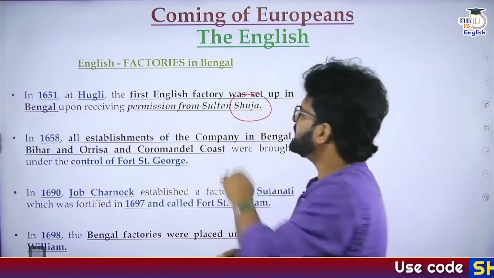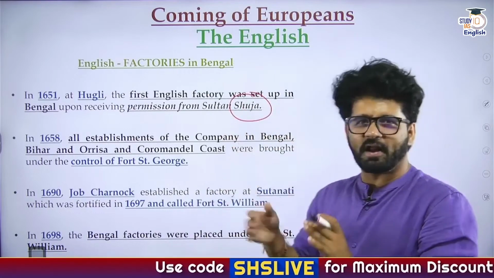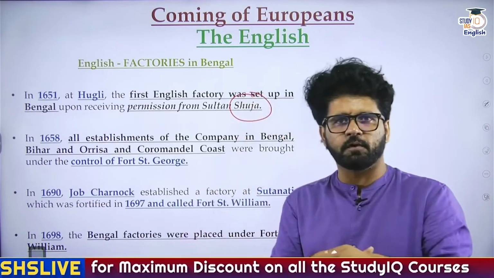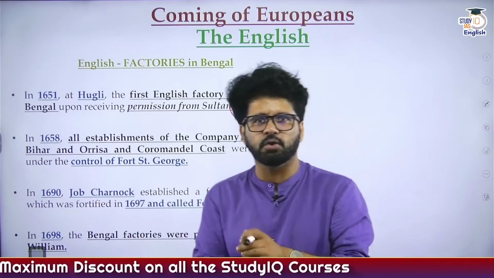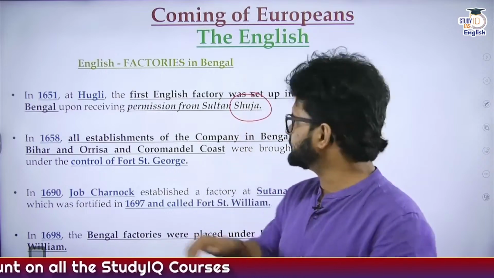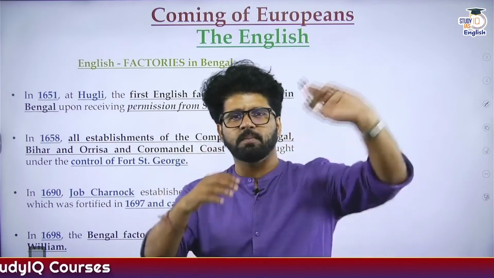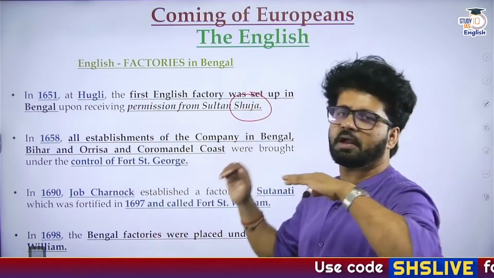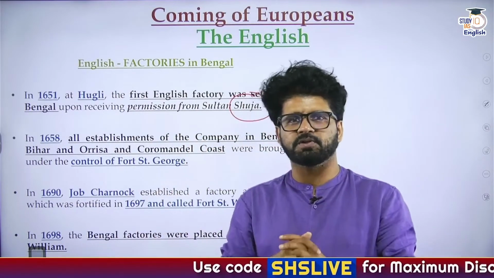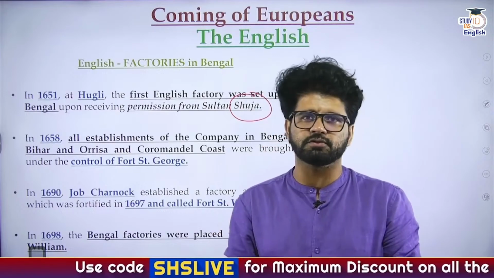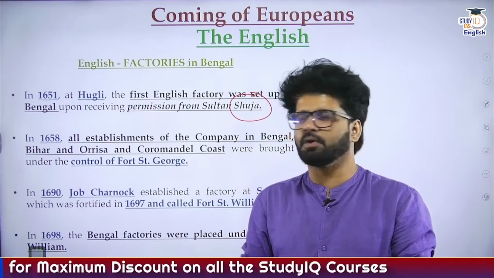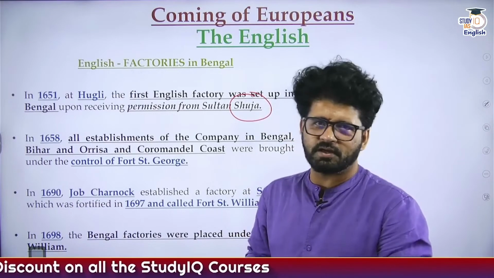Who is Suja? He is the brother of Aurangzeb, who died in Myanmar. A very tragic incident happened to him and his family in Myanmar. He was running away from Aurangzeb because you know what Aurangzeb did to his brothers. We have talked about it in the previous lecture. And then what happened to Suja and his family? The Myanmar king said, we will send you to Hajj. But they were not sending Suja and his family to Hajj. Suja was suspicious: we have already given you the money, why are you not sending us to Hajj? Then he said, give me your daughter and everything, or we will kill you. And all these things happened. And finally they killed Suja and his family.